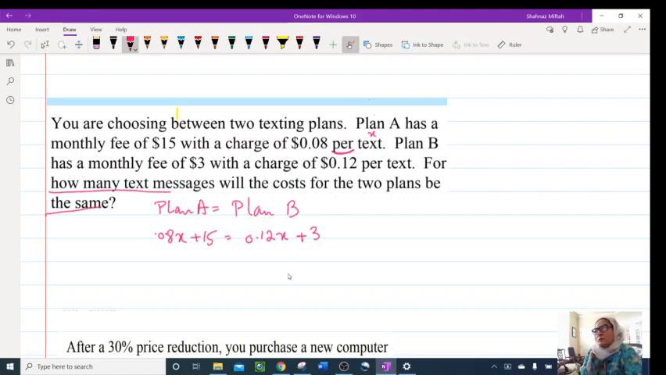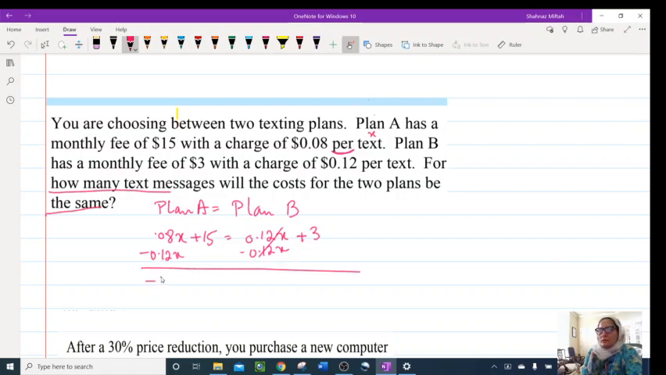And I made them equal each other. Now they are asking for the text, how many text messages, which means the text means x. So that's what I'm looking for. Combine the like terms. We don't have fractions, we don't have parentheses. So like terms, I'm subtracting 0.12x both sides, 0.12x. They cancel out, and I'm left with the